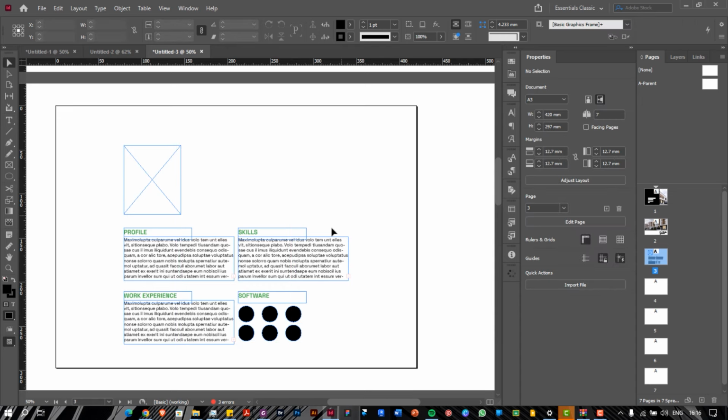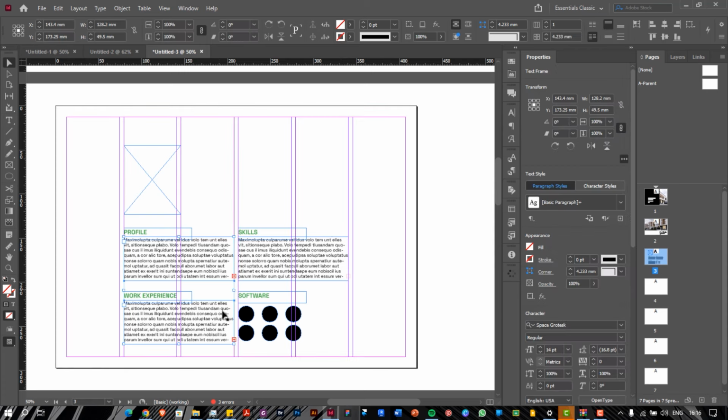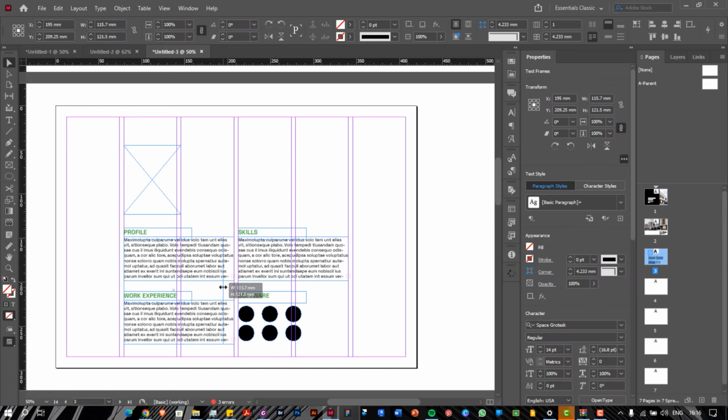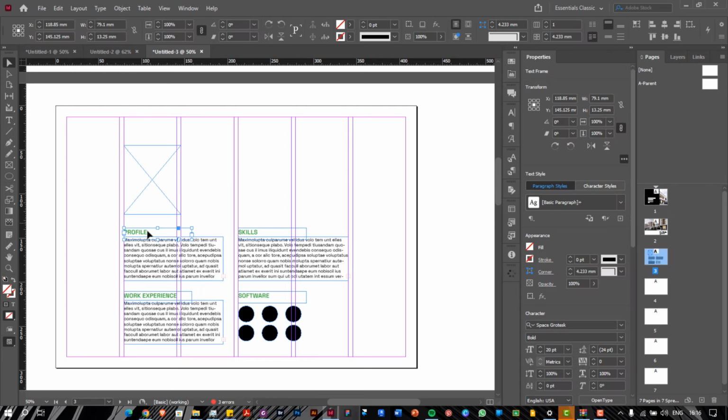So all these circles will just represent softwares. I can put the logo of the softwares there, but we're not going to do that now. We are just using this as fillers. I'm just going to increase the spacing between these so that the contents are not conflicting. And then I would